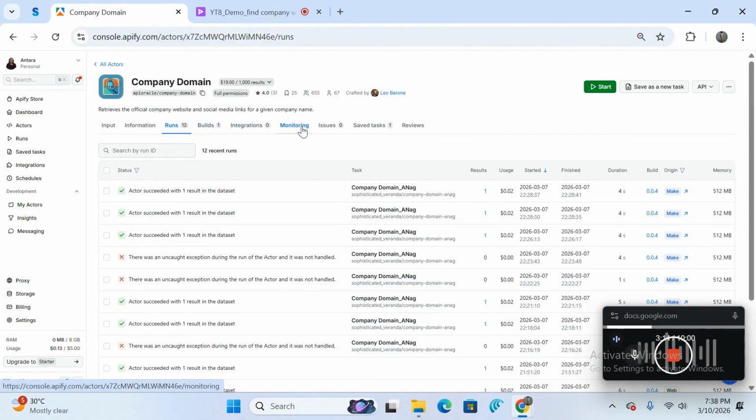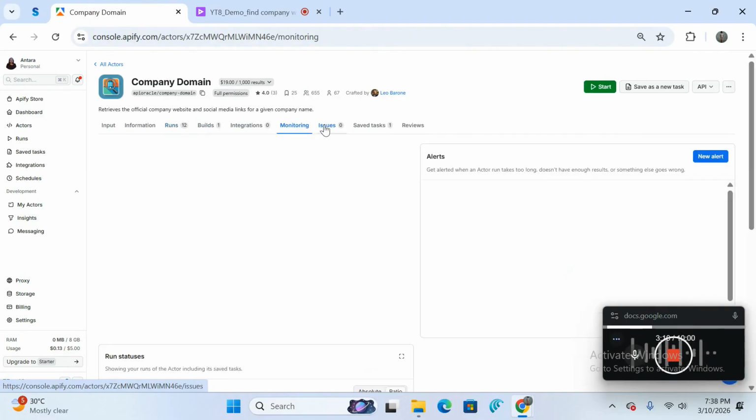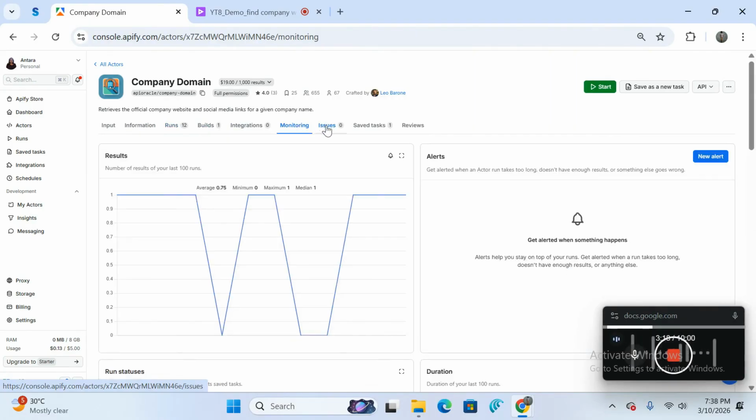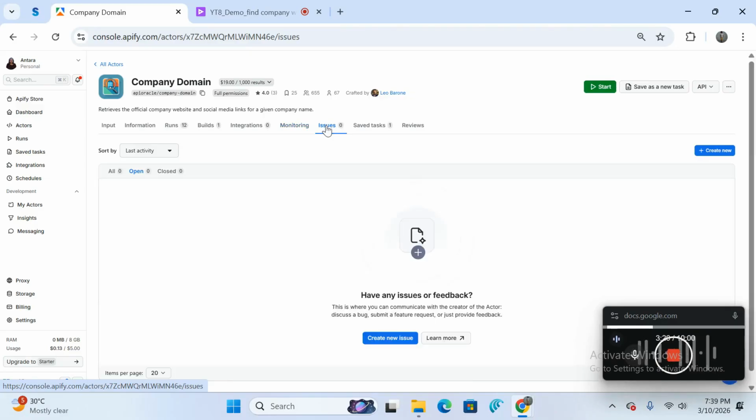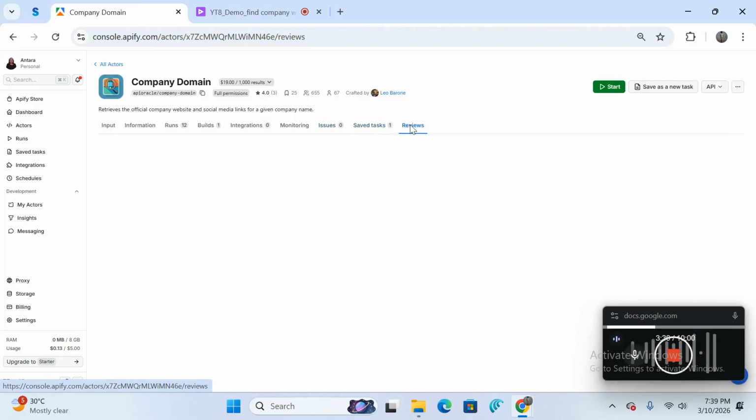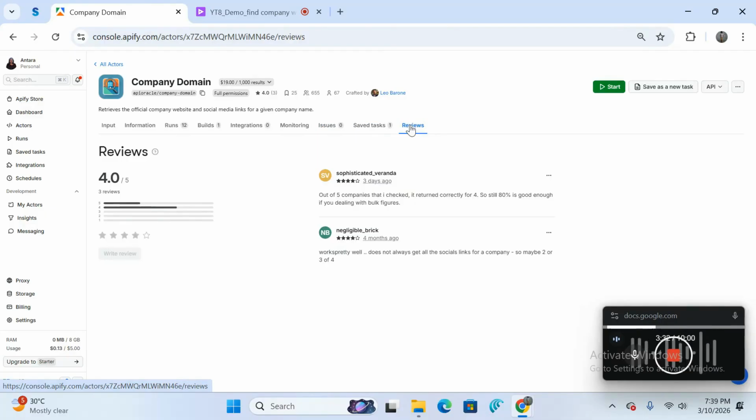Then there are integrations and monitoring, which shows if it is facing any issues at that point in time or not. If you see an actor facing a lot of issues and the responses are not coming on time, that should be a red flag. Then you go to the reviews and see what people have said. This is how you do it.